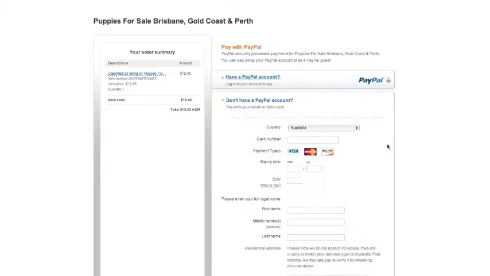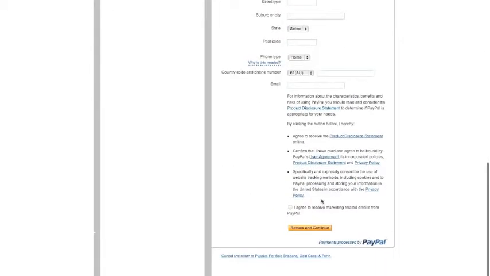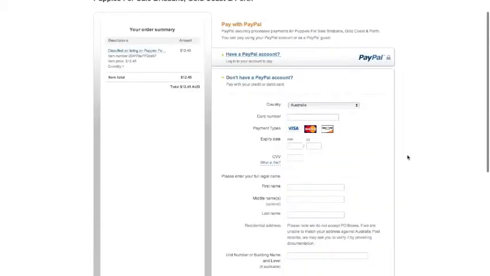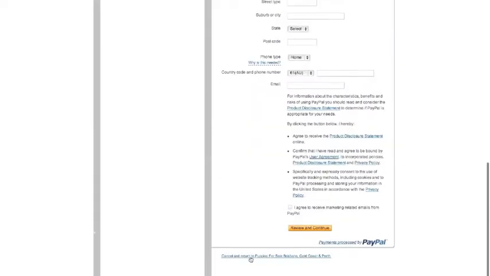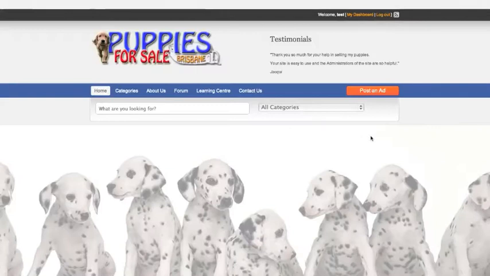So then you fill out the details, you just review and continue, and then it will take you to the next step where you finalize the payment. And once you've finalized the payment, there's going to be a link that says return back to Puppies for Sale Brisbane or to merchant's website, something like that. So you click on that, and then it will take you back to your dashboard, or back to maybe the front page of